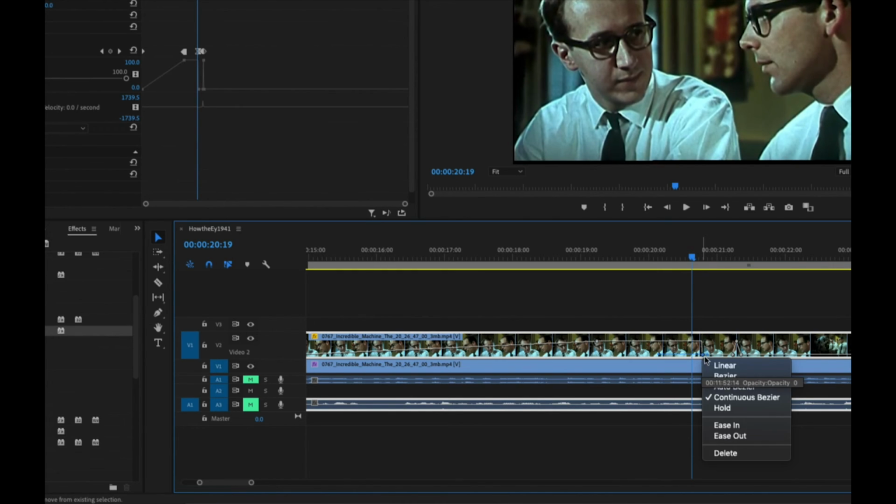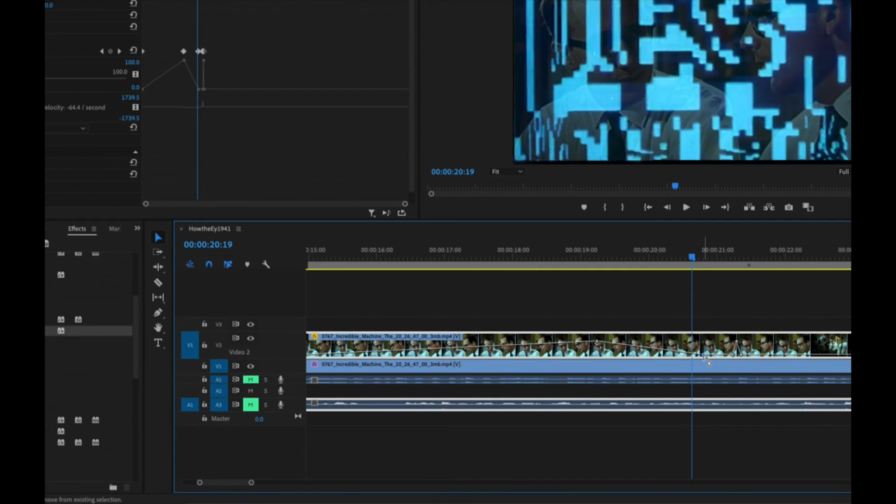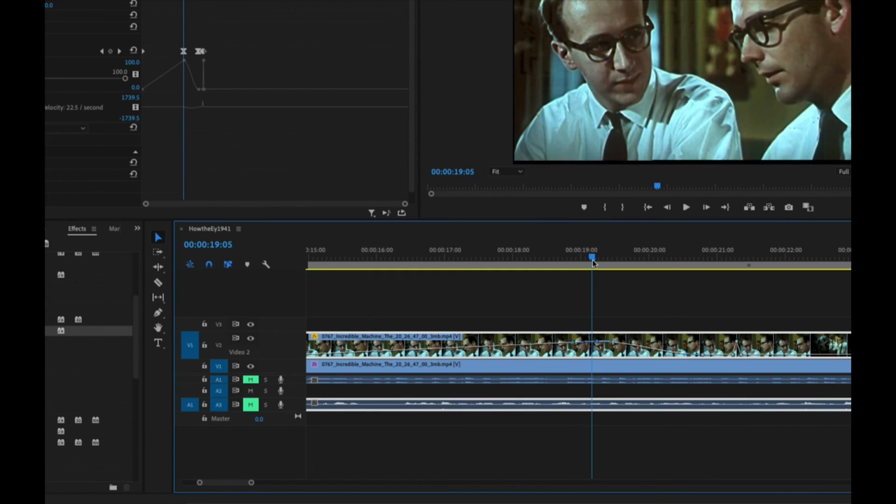And then ease in and ease out. If I say ease in, how about I just say linear and then ease in? Okay, so I have to change, sorry, I'm forgetting to change one of the keyframes. There we go. So let's say linear, and I've done linear on both sides now. So if I right-click on this and say ease in, it's going to make a gentle curve there. If I change it and say ease out, it has to be ease out on this side. If I say ease out, right, it basically makes that so it's not linear, but it's just really gently curved,